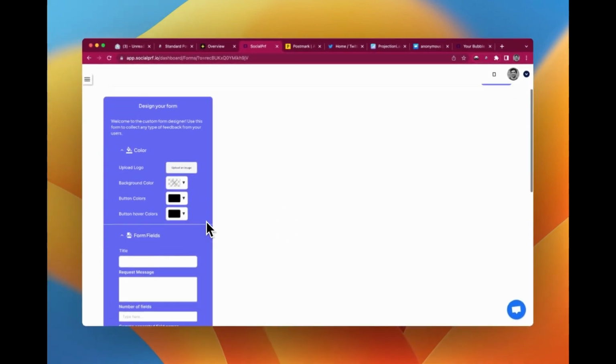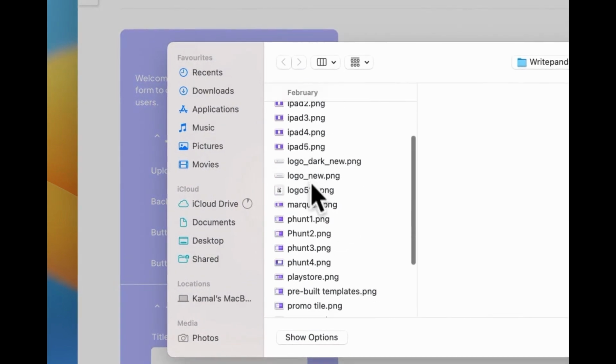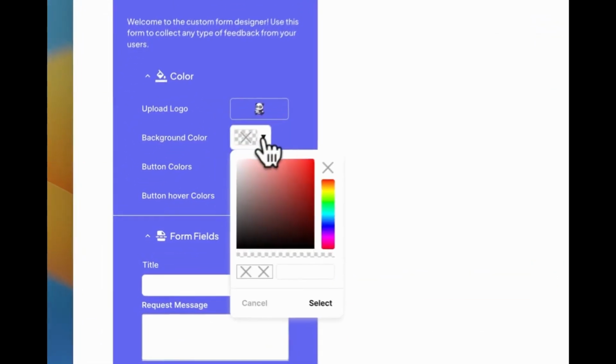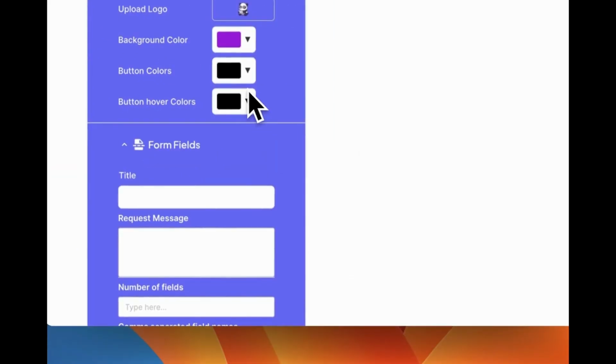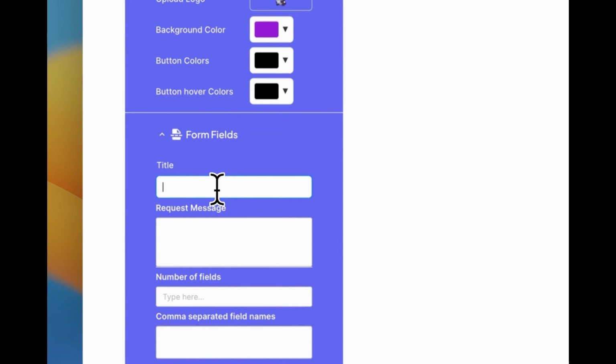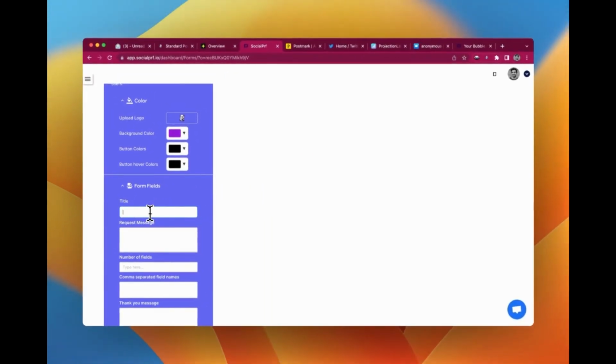So here you can design the form, specify the logo so that it aligns with your brand design. And then you can specify the background color and then specify the button colors as well. And then you can specify the details of the form. So let's say you are running a course and you want to get feedback from your customers about a specific course that they took. So you can say,